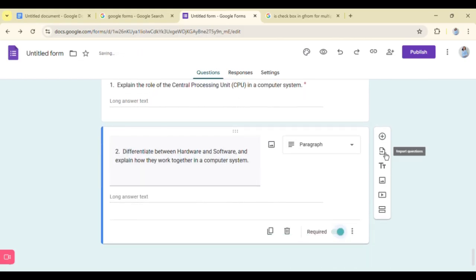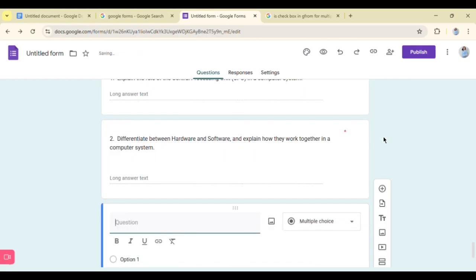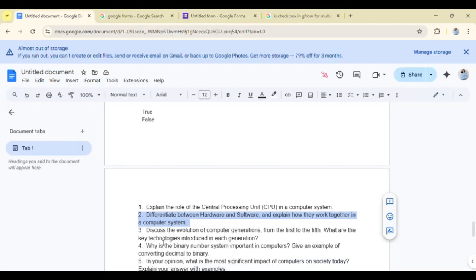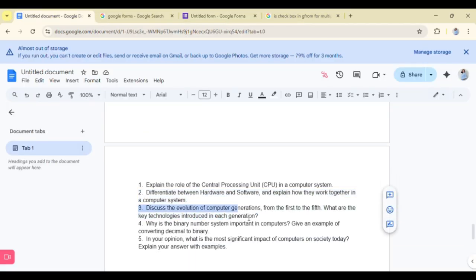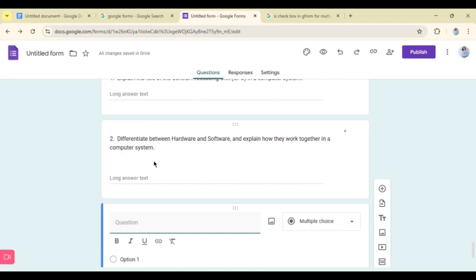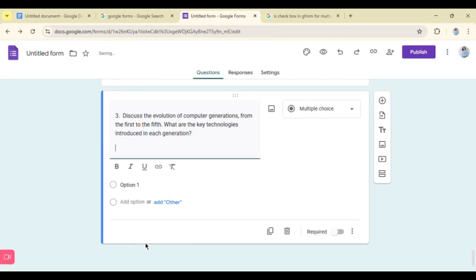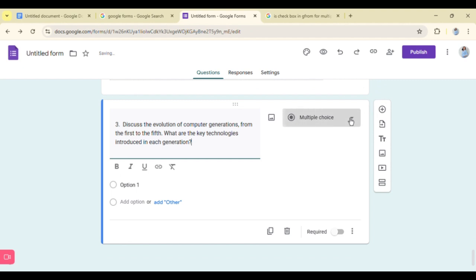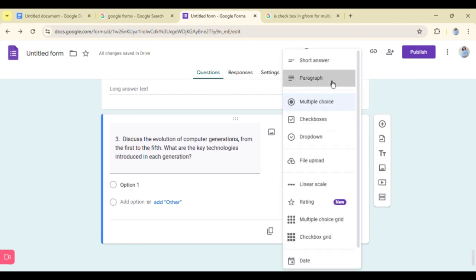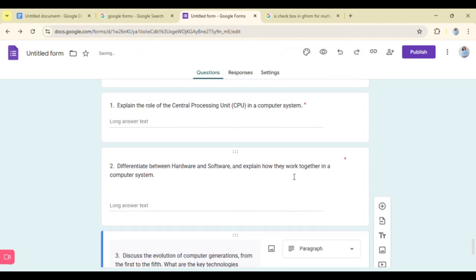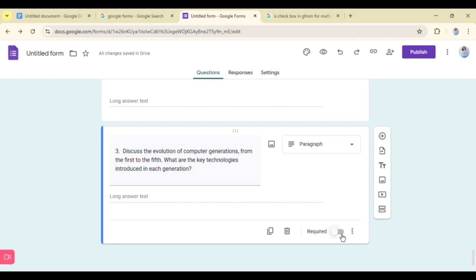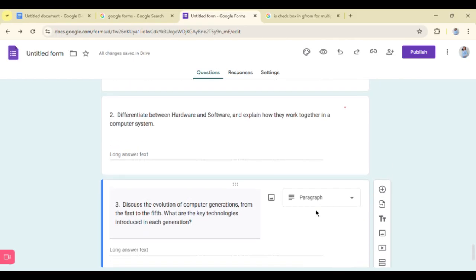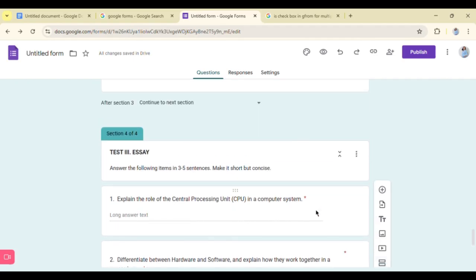Again, click required, add one last time. This is paragraph. So be mindful, alright? This is already required, and this is paragraph.